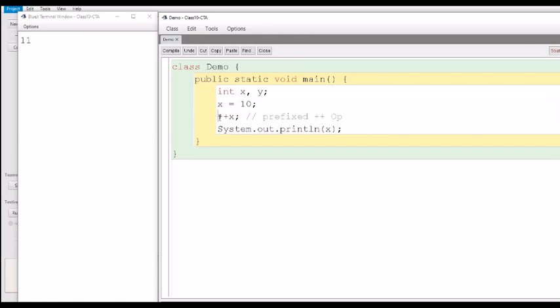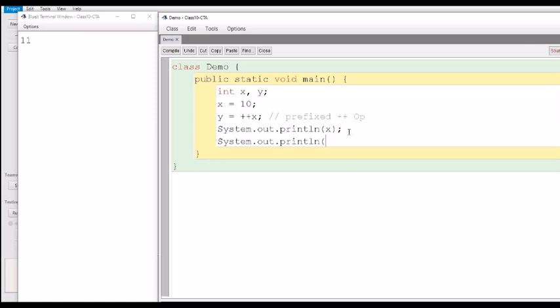But if there is something else being done in the same statement, for example, if I write y = ++x, and then I try to display x and y, see what happens now. There are two things happening in this line now.